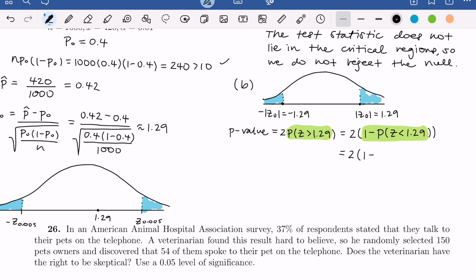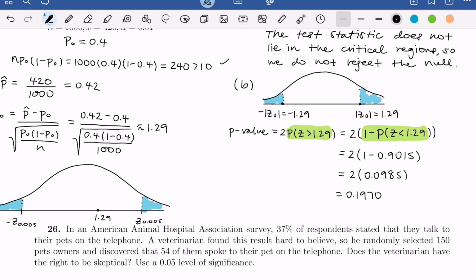So 1 minus 0.9015. This is going to give us 2 times 0.0985, which is the same thing as 0.1970. All right, so this is our p-value, and using this approach here to test this hypothesis, we can conclude